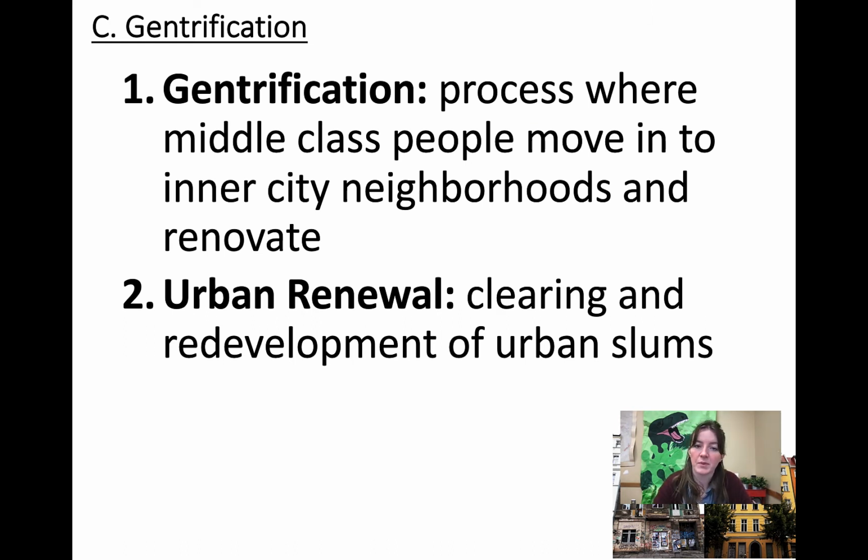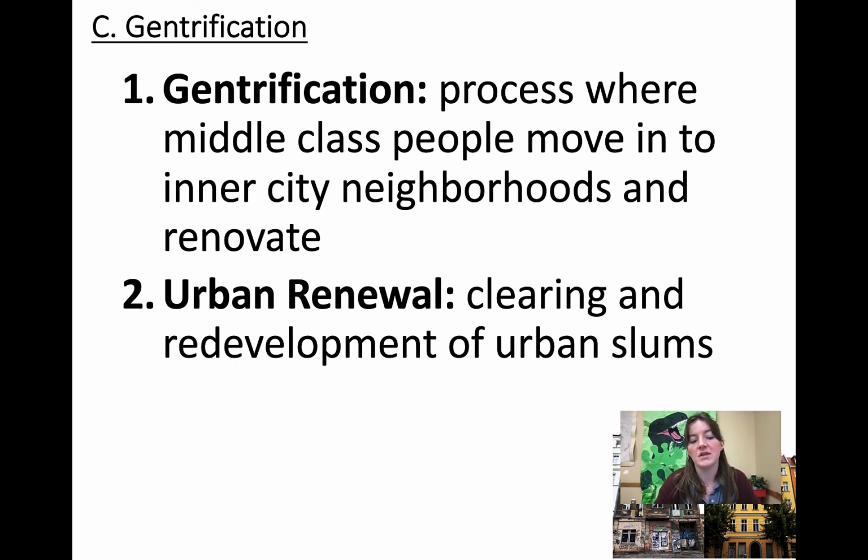So we've all probably heard the term gentrification, and we hear it used in different ways. Sometimes it's a little bit confusing as to whether it's a positive or a negative thing. But generally speaking, there are two terms that we think about for the same overall concept, and one is more positive, one is more negative. So we're going to start with the negative one first, and that's actually the term gentrification. This is the process where middle-class people